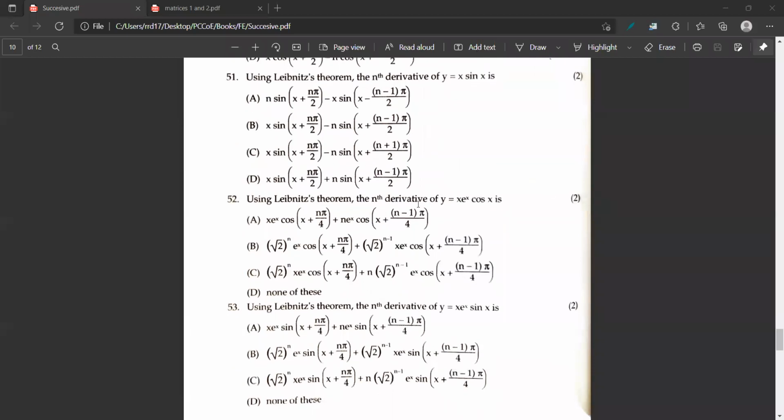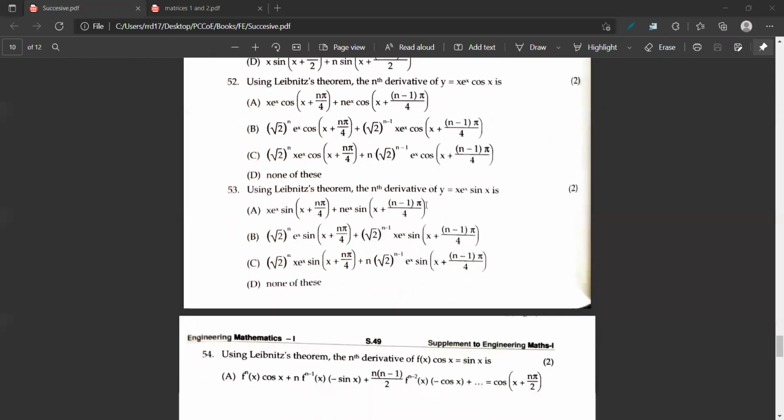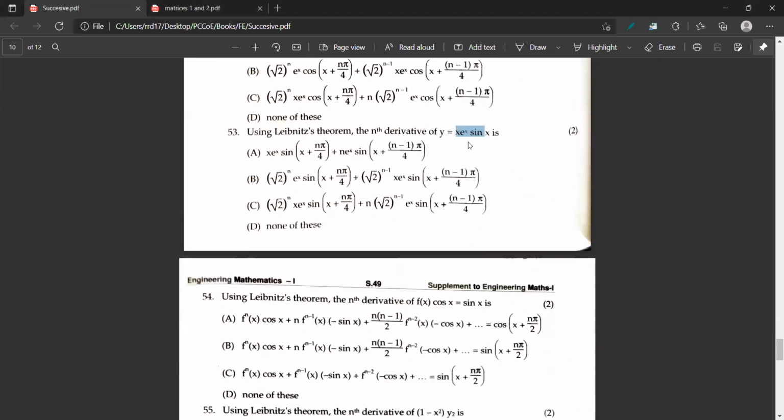So these are some examples. You just try to solve them. Now here, see, there are two parts, like x into e raised to x into cos x. So how do you apply it? See, what you do, separate this as x and e raised to x into cos of x. Now you know how to find out the nth derivative of it. So take that as u and take this as v. In the second step, you will get the answer. That is the hint for this question. So these are the Leibniz theorem problems. You may try them. This is also the same type of problem. Understood? You got the hint?